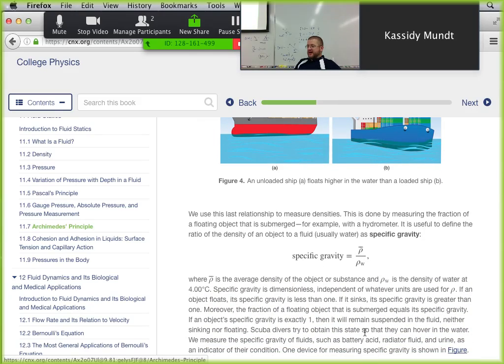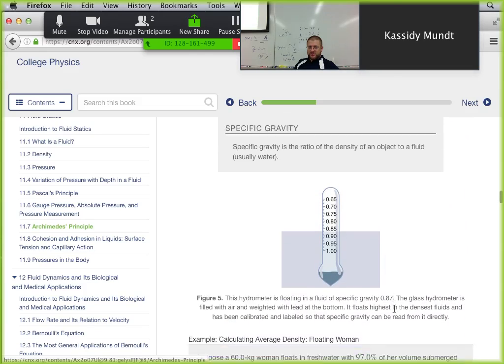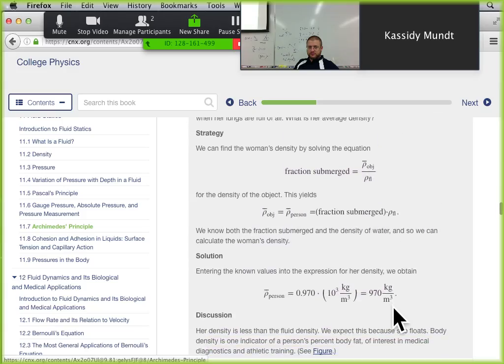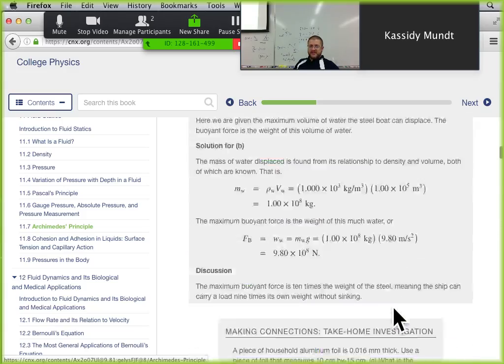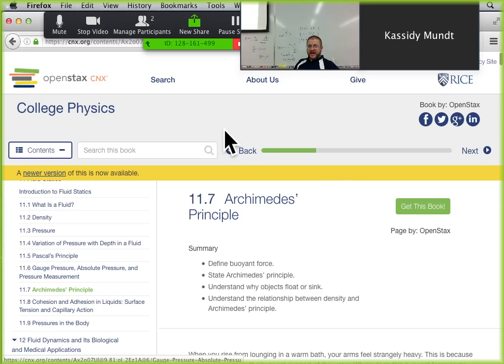And also, we have a very specific form of this, which is called the specific gravity. The average density of an object divided by the density of water is the specific gravity. If you have a specific gravity that is less than 1, you will float on top. If it's greater than 1, it will sink. If it's equal to 1, it will be in equilibrium, and it will just sit there wherever you put it. It will go underneath the water, but it will sit at whatever depth you sit it at. So that is Archimedes' principle, the last thing we covered.